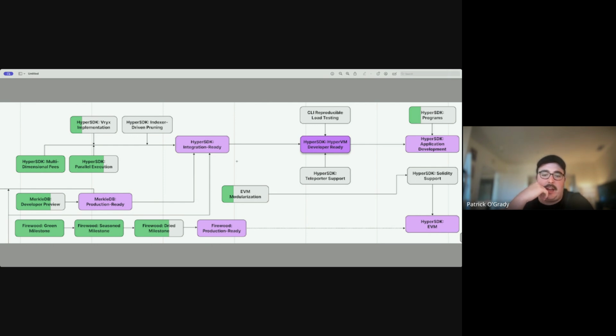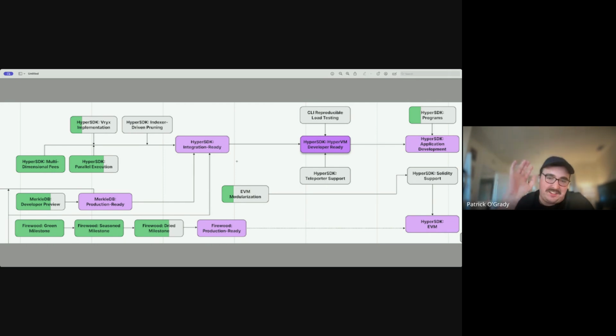And then application development is the next phase, where we have 1 or 2 standard hyper VMs for just deploying contracts that are running. So where you don't have to have your own virtual machine to actually create your own hyper VM. Similar to how the Subnet EVM works. But I think the biggest thing, and I'll stop here because this is very much something of a conversation, not just here's our thoughts,